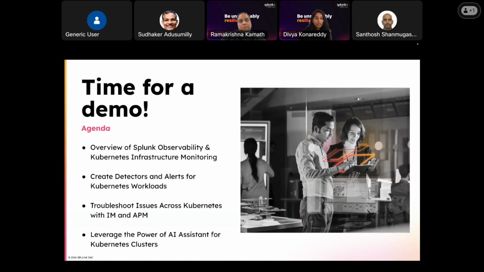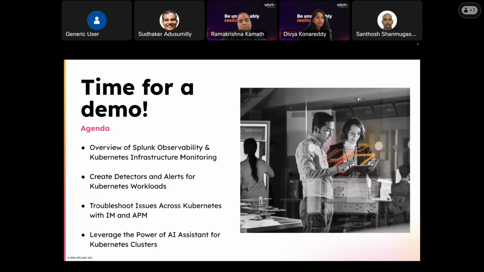Today, I will be talking about infrastructure monitoring in EKS Kubernetes using Splunk Observability. We will explore real-time visibility into clusters, nodes, and workloads, and leverage AI assistance for faster insights and troubleshooting. In this demo, I will cover how to use the built-in dashboards to get end-to-end visibility and how to build